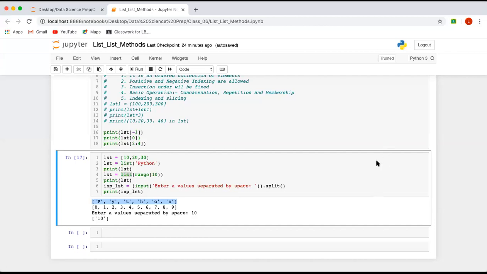Okay. Yeah, so this should not give you the error. lst1 is equal to list of Python. If you're trying with other modules like NumPy and all, then it will give you the error. So forget about that. Simply give this Python to the list function, and it will convert it. It should not give you any error.